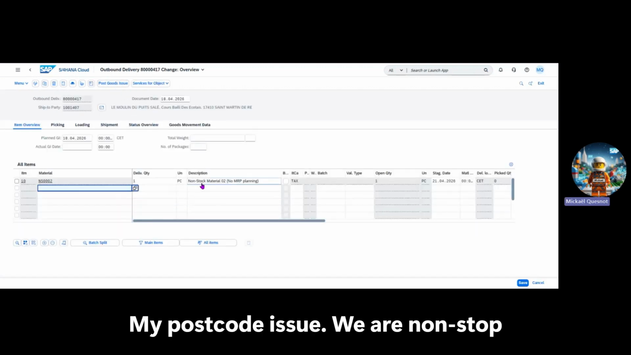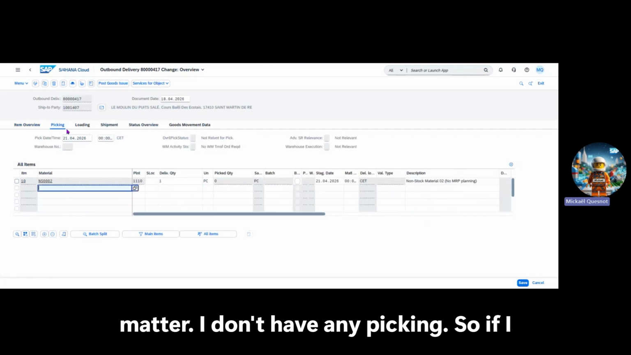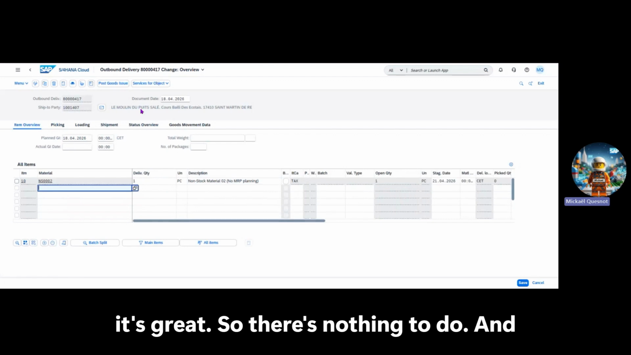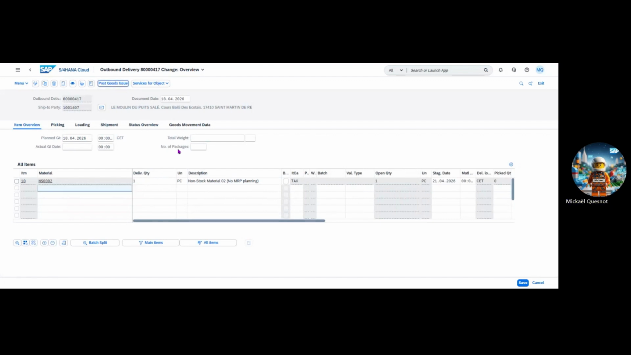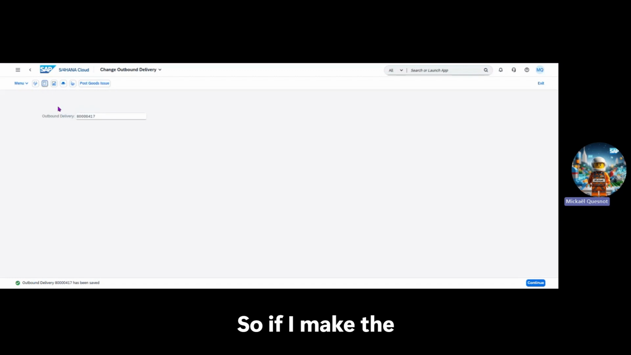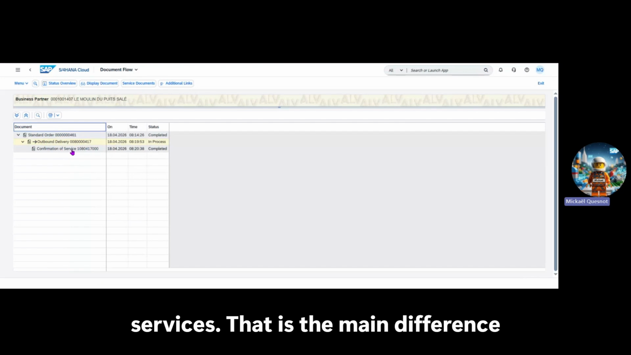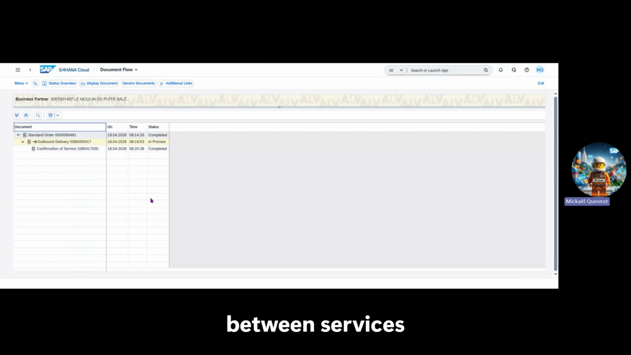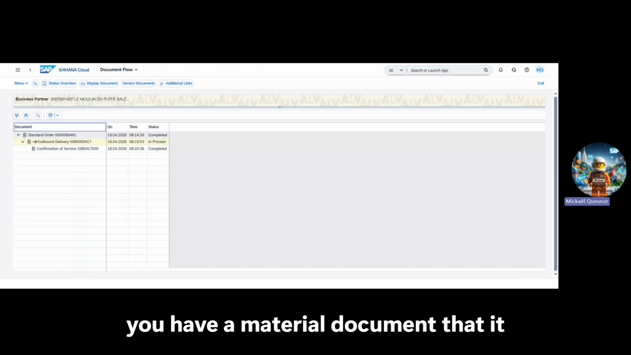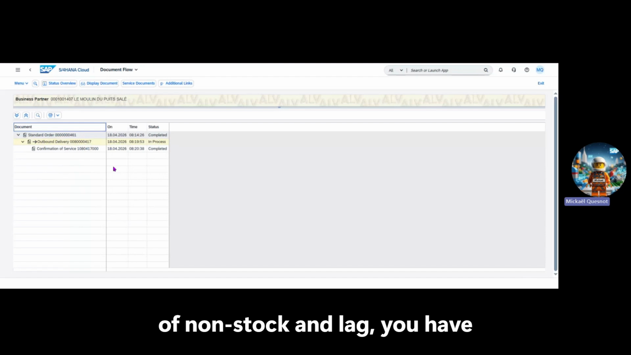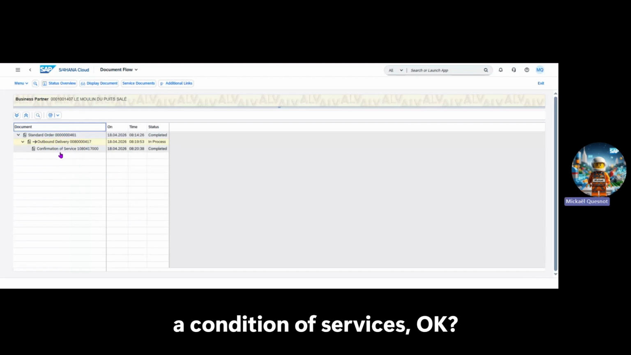My post goods issue. We are non-stock material. I don't have any picking. So if I have a look, the pick quantity is gray, so there's nothing to do. And I just have to go post goods issue. So if I look at the document flow, you see confirmation of services. That is the main difference between services, non-stock material, and a stock material. In stock material, you have a material document that is generated, and in case of non-stock, you